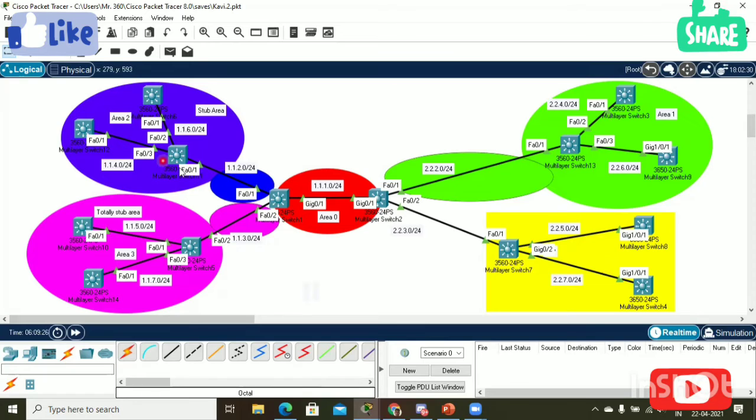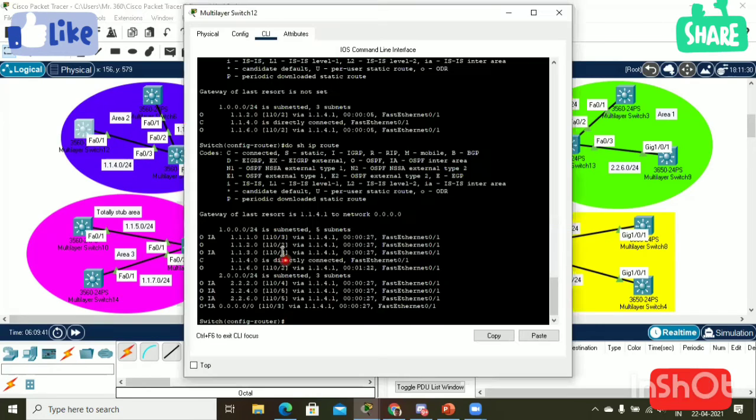So this area will not receive RIP updates, but it will receive routing updates of area 1 and area 0, which means the standard area, backbone area, and the intra area. So this router is receiving those, and a default route is created for the external area. For type 5 LSA, it has created a default route.